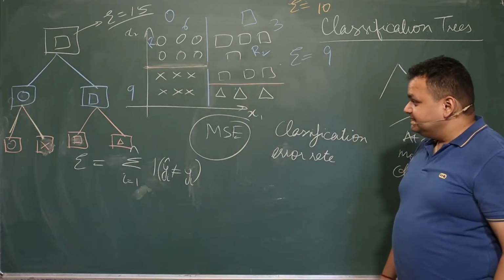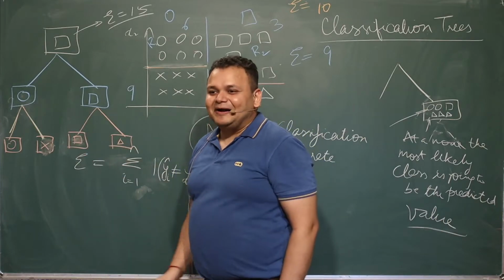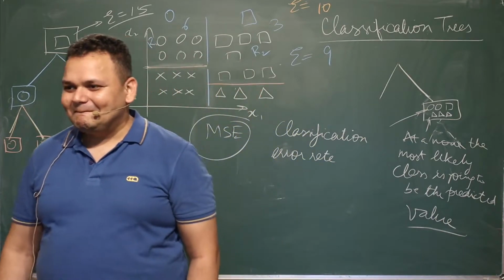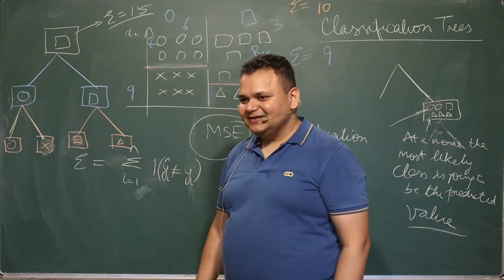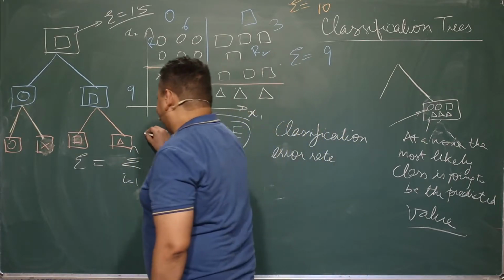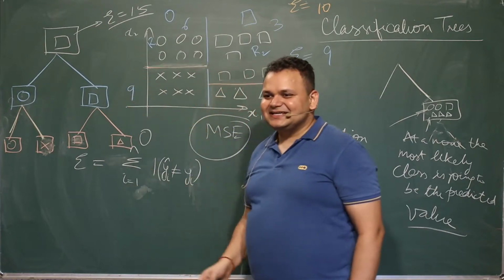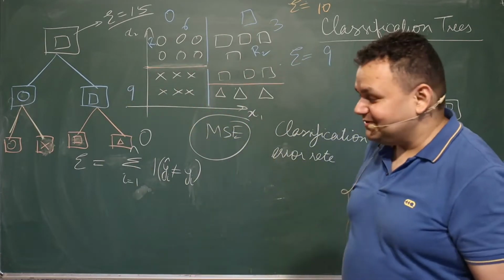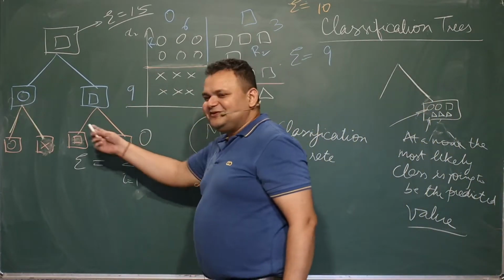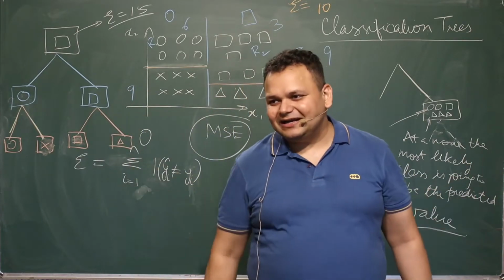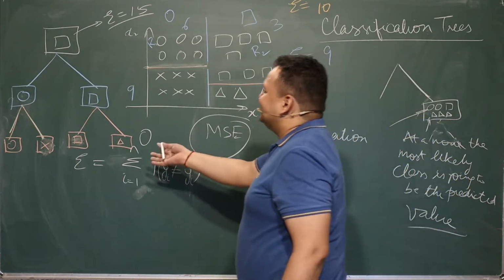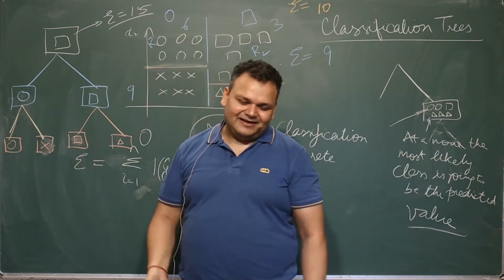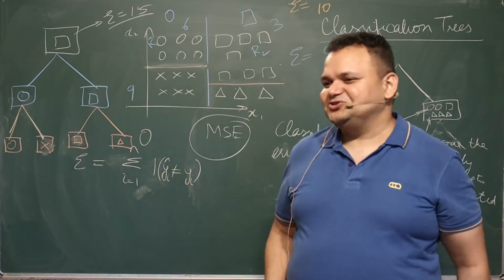So do you think we should make this partition or no? Yes, sir. We should. Okay, why? Because the error in this case is 0. Okay, so once we reach 0 error, we stop dividing any further. Most of the times we won't get error 0. You'll try to minimize it as much as you can.